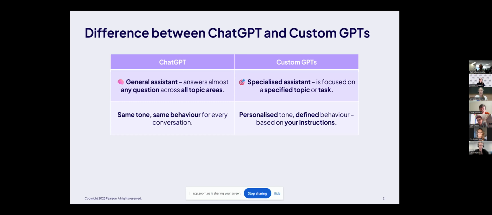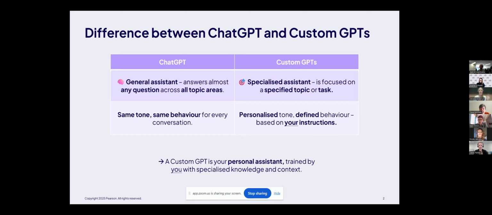As Claire already pointed out, to build custom GPTs you do need a paid ChatGPT subscription, but you can also use Copilot, Gems, and other solutions. So don't worry, there are still options for you. Like I said, custom GPTs that somebody else has built, you can still use without a paid account. But if you want to start building your own custom GPTs for that super specialized assistant, then you will need a paid account. So that is the difference.